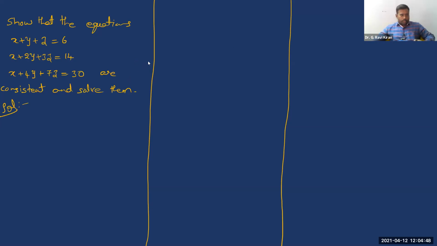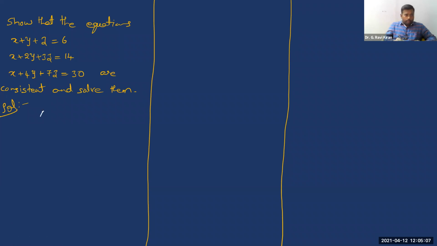Right, now take this question. Again, look at this question carefully. This is also a non-homogeneous system of equations. So when this is a non-homogeneous system of equations, we can see whether it has a solution or not. When it has a solution, we can also find it.